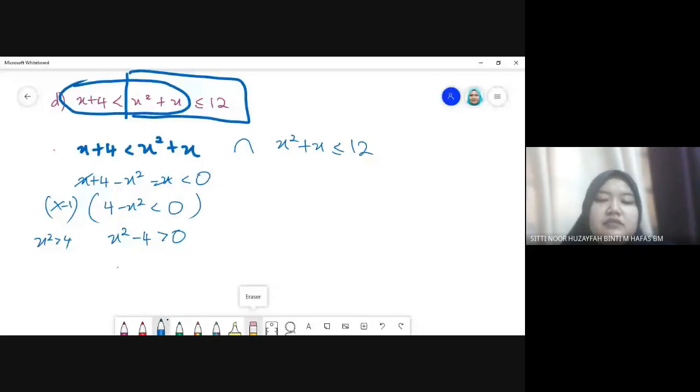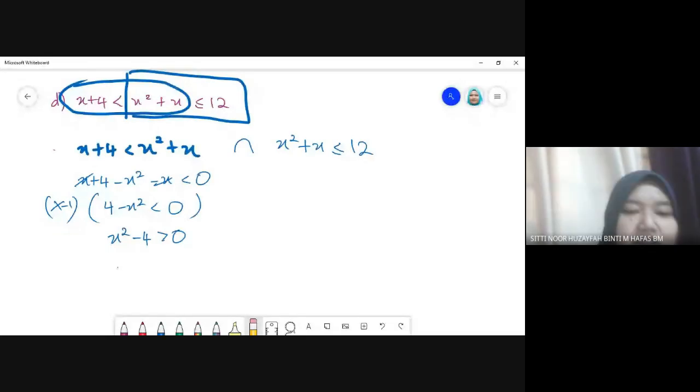Tak boleh. Boleh. Factorize. Okay, so factorizekan dia, apa yang you akan dapat adalah X tolak 2. So bila dah more than 0,